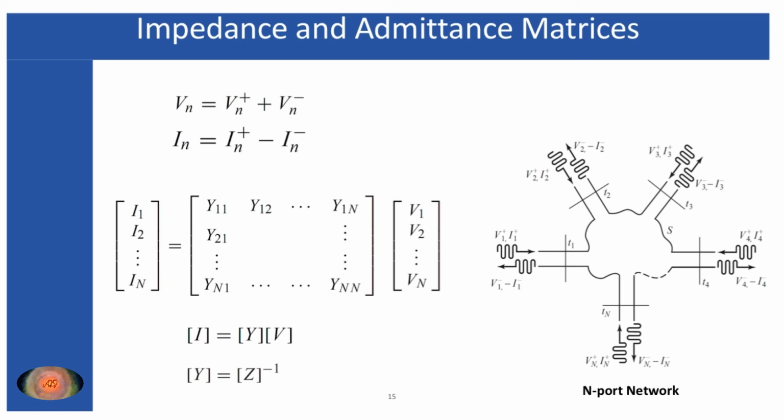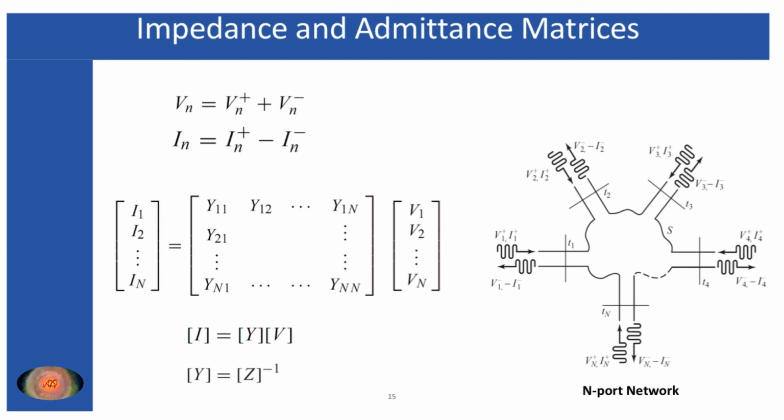Similarly, an admittance matrix can also be represented for such an n-port network, where the currents are related to the voltages through this matrix, where each element of this matrix represents the admittance associated with each port. And the relation between the admittance matrix and the Z matrix is shown over here, because you know the admittance is just the inverse of the impedance, so that is why such a matrix can also be written.